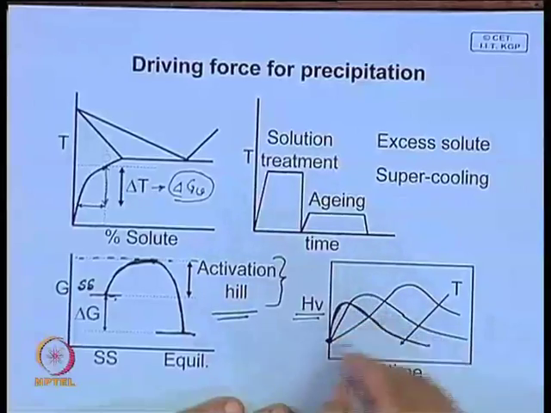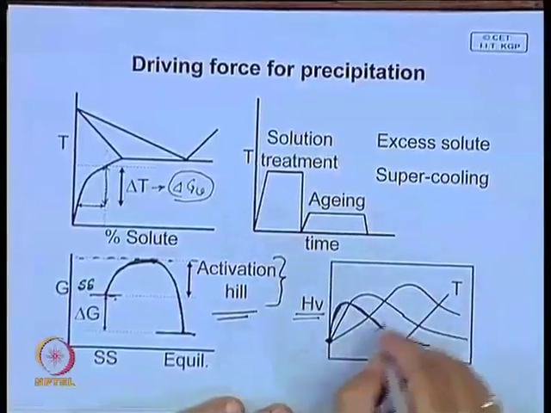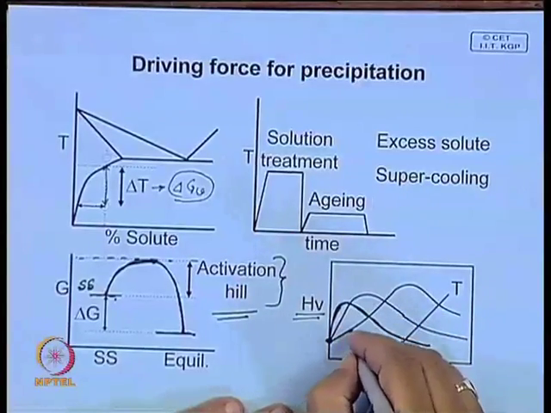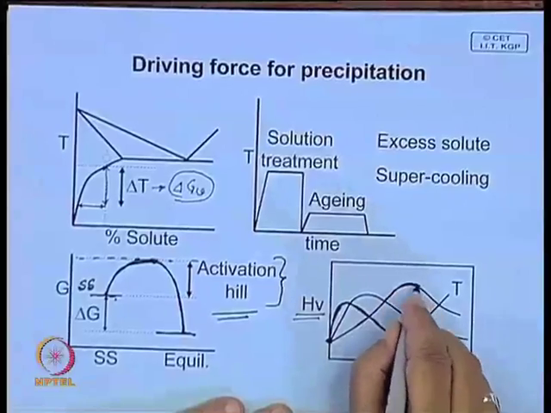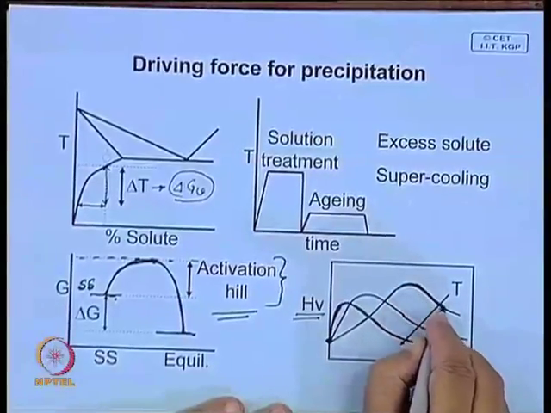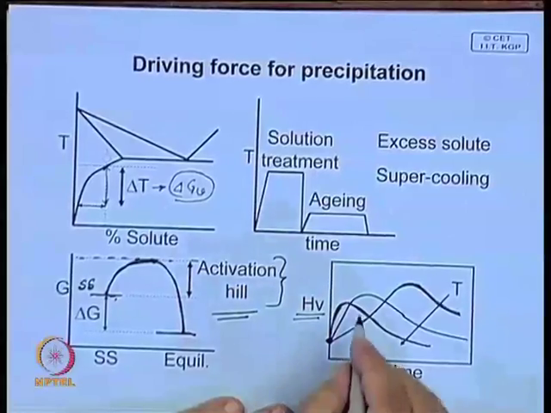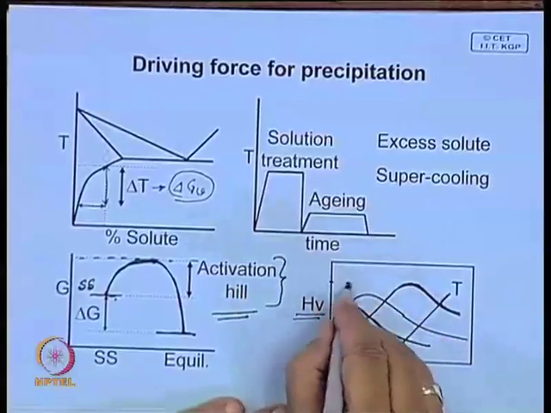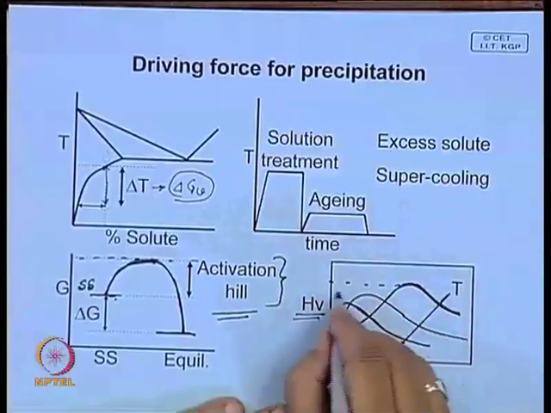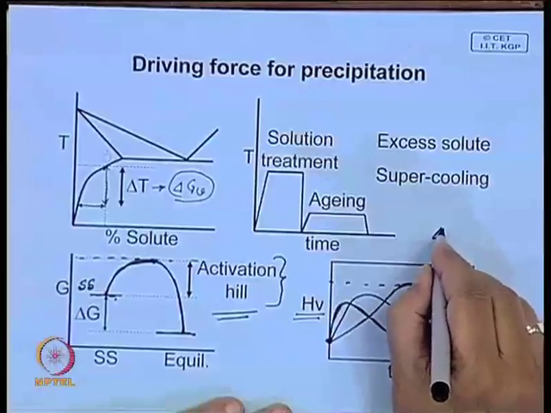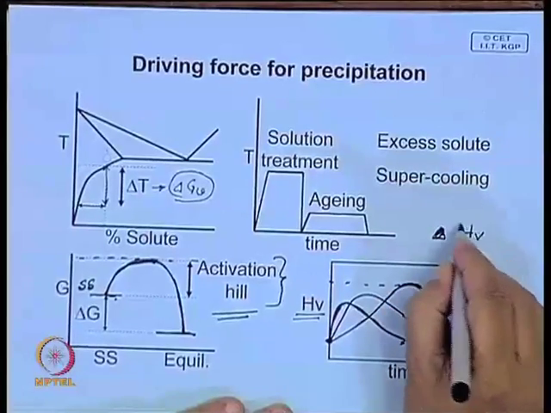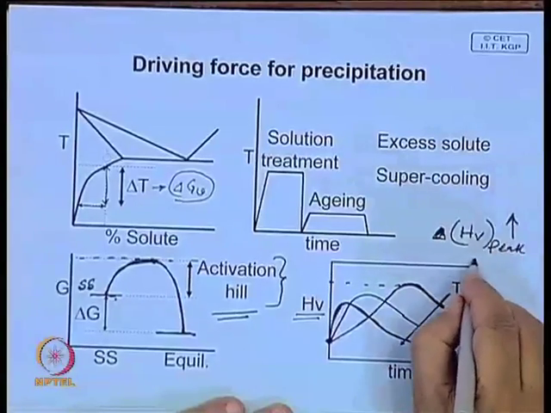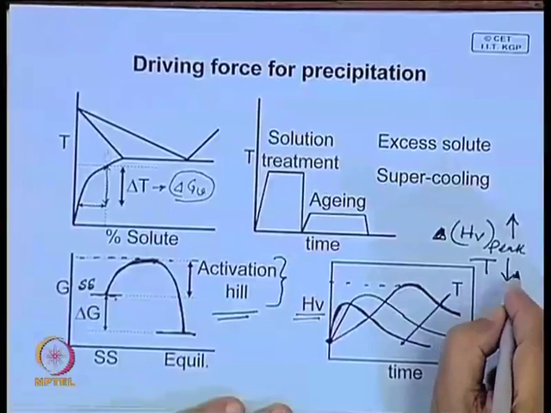Similarly, if you change the temperature of aging, say if you age it at an even lower temperature, then you get an even higher increase in hardness. Now, the effect of decreasing temperature is that the hardness peak increases. This peak hardness increases as aging temperature decreases,